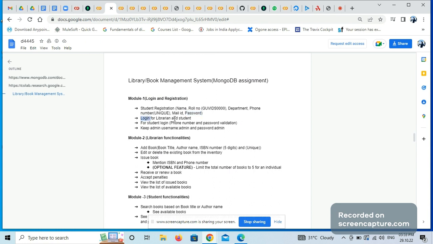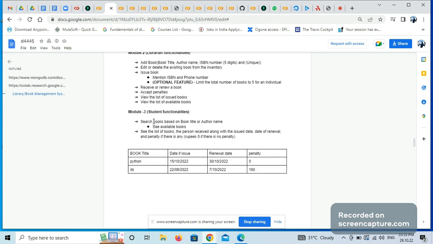After that, for the verification part, the admin needs to log in, and then he can add the book. He can add the author name and the ISBN number, which is unique. So in MongoDB, we can use a unique ID as the ISBN number for this librarian task. And then they provided some other tasks as well, like viewing the issued books and seeing the available books. And then module 3 has some